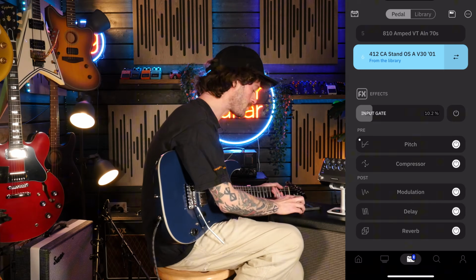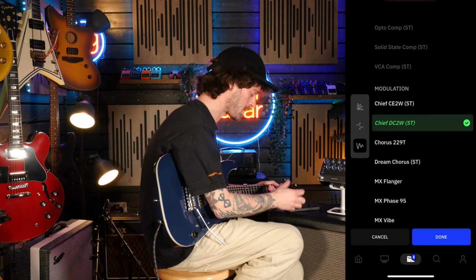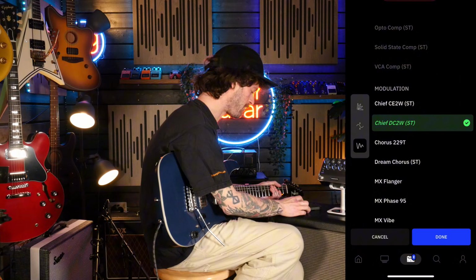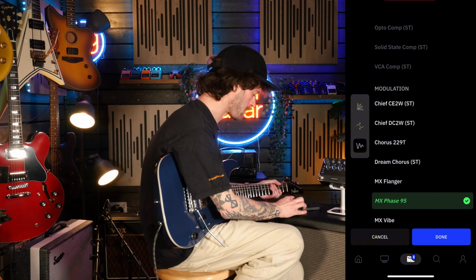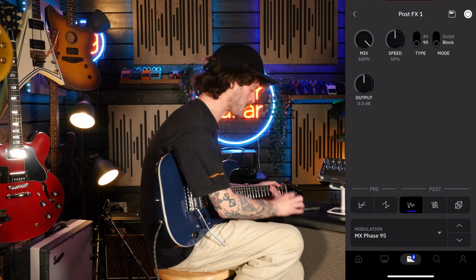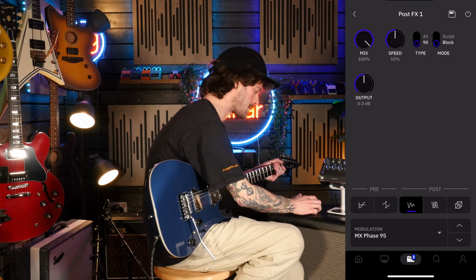So if we're looking into some of the post effects here as well, we have heard a little bit of them, but we now have things like a phaser, we have a flanger, also a couple of extra choruses in there as well, which